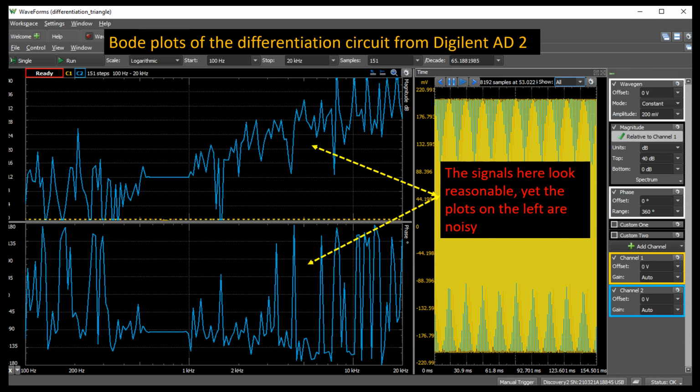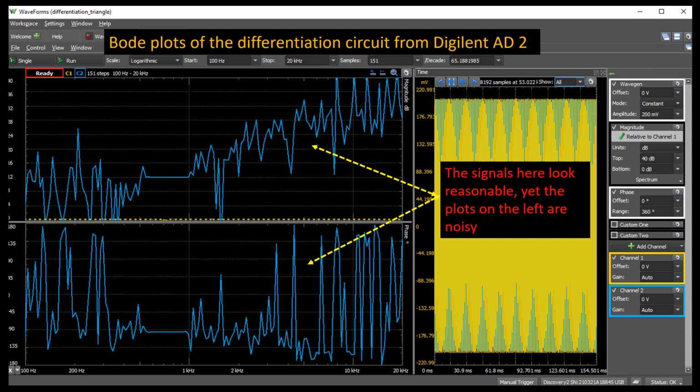This graphic illustrates a typical pitfall with the Digilent WaveForms software. The graph shows the output of the WaveForms software Bode plot function. The plot is invalid. This problem happened to some students' circuits, and was less severe for others' circuits. Yet, based on the raw collected data of the scope, analysis with our own signal processing app produced valid Bode